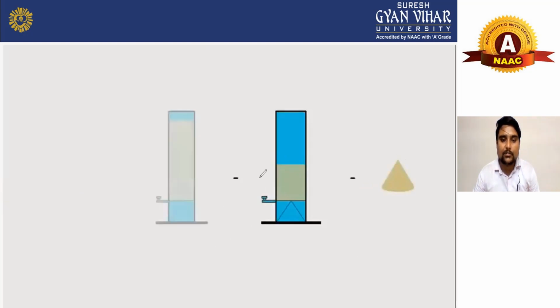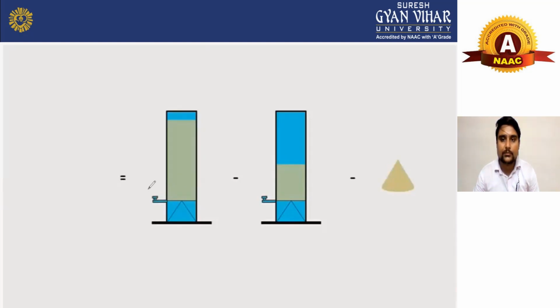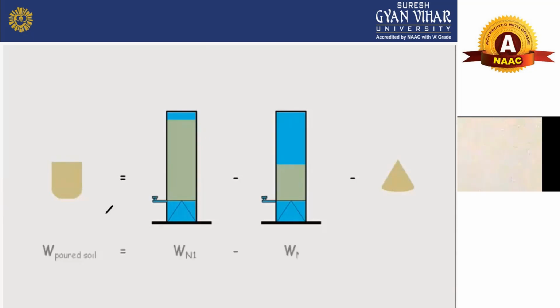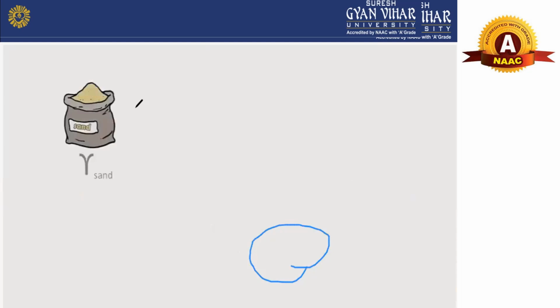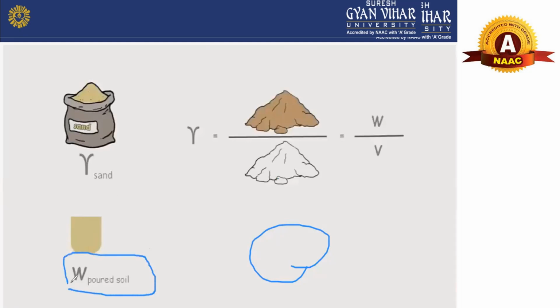And we will use the formula as you can see here. W of pour soil is equal to W1 minus W2 minus W3, and that will be the density of sand. That is the density, the weight of pour soil, and here is a formula W1 upon V, that is your pour soil, and that is your sand,